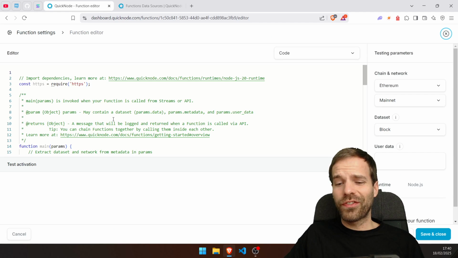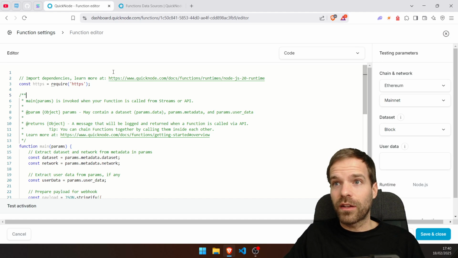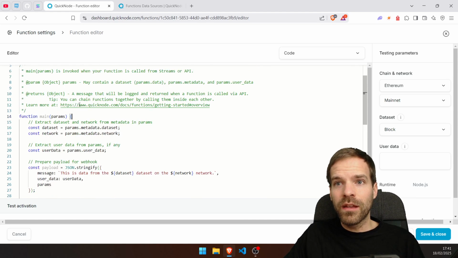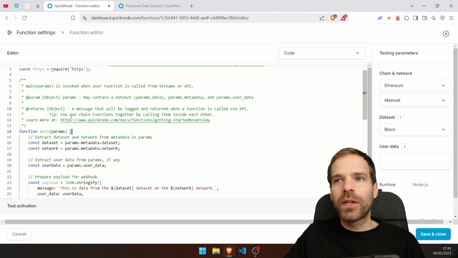Okay, and now we get to this function editor, which is basically already providing me my function, essentially. It's like an online editor where I basically provide my code. The function is called in such a main function, so I think it needs to be called main. So the main is invoked when your function is called, and it gets